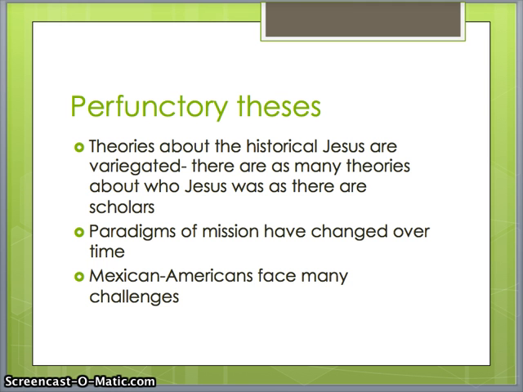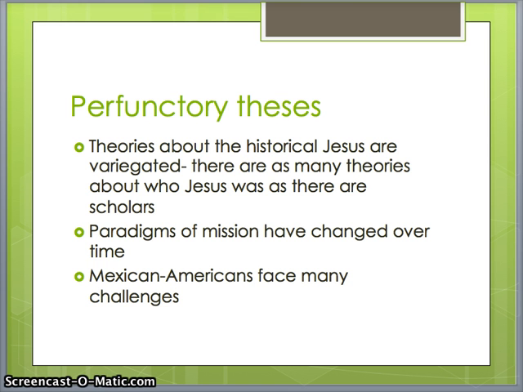So if you're tempted in your lit review or in your results chapter to just make an argument that, wow, there are lots of ways of seeing things, you might have a satisfactory thesis, but it's not a terribly impressive thesis. And we're not going for satisfactory, we're going for impressive.